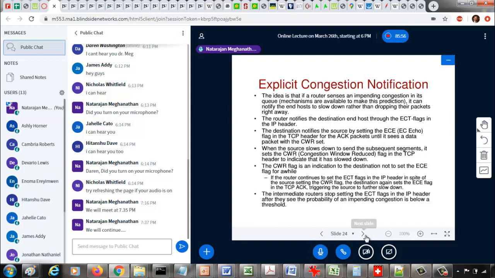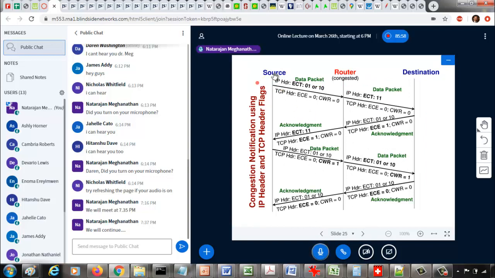So let us go back here. Let us say the source's transport layer protocol can handle congestion. So in the IP header, you specify ECT as 01 or 10. It could be one of the 2 combinations. You see why this has to be done at the IP header, even though the transport layer protocol is the one that can handle congestion. The routers cannot see the TCP header content. The routers can see only the IP header. So that's why in the IP header, you specify whether the transport layer protocol running on that host can handle